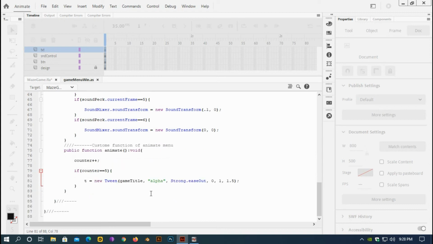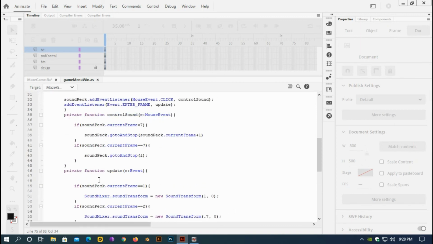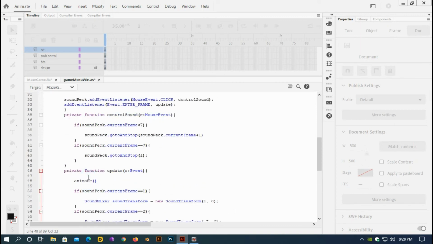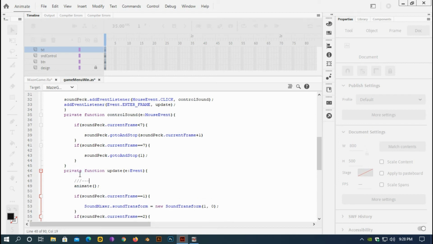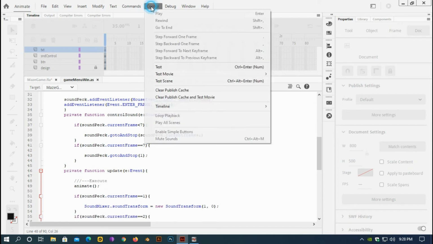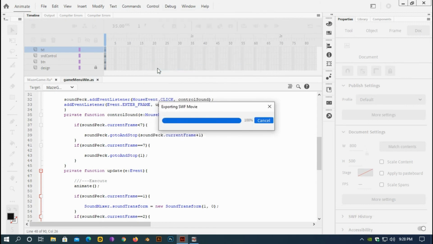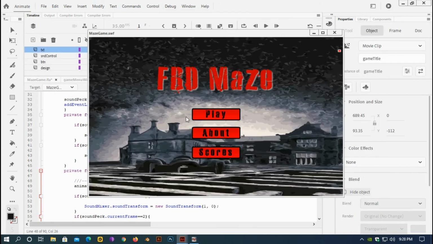Okay, and if I execute this function inside this enter frame event listener, and if I test it, Control Test, you can see nothing,